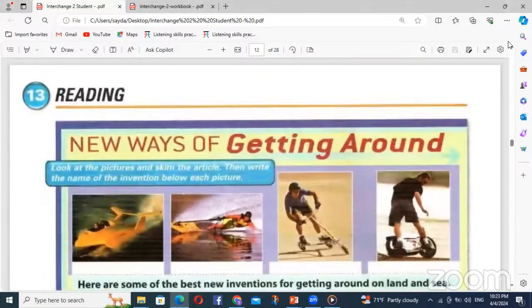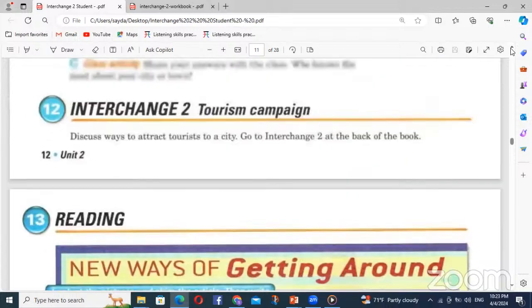Okay. Here it says a tourist campaign. Tourism campaign. The G is silent, we don't say it. A tourism campaign means that we want to invite people to visit our country. Okay, you know tourism, this is a campaign for tourism. Okay. You are going to...